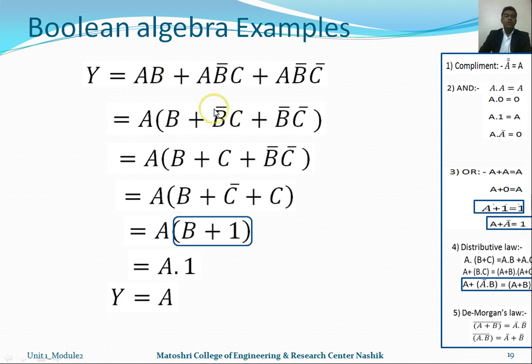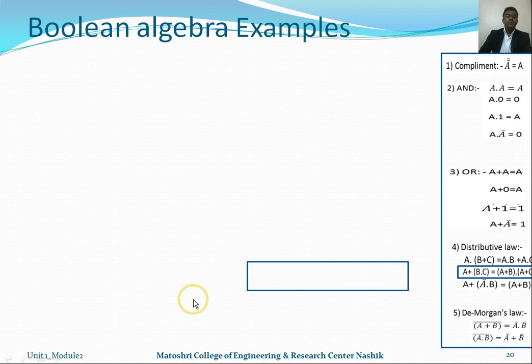This is the output. See here, the given Boolean algebra expression has three product terms with two ORing logic gates, which are very complicated to implement, and the logic gates required for this expression are much more compared to after simplification, which requires only a single logic gate. So this is the output. Now move to another example.